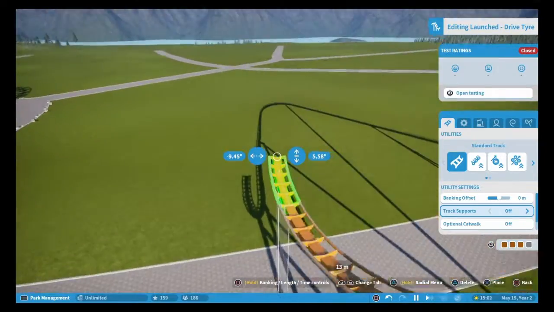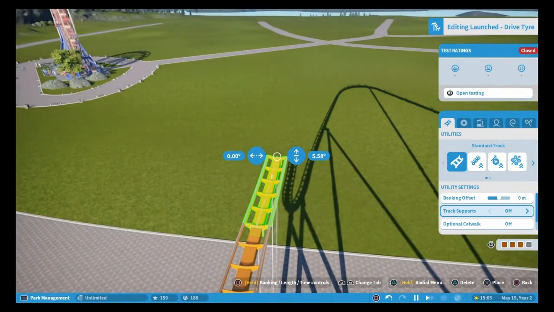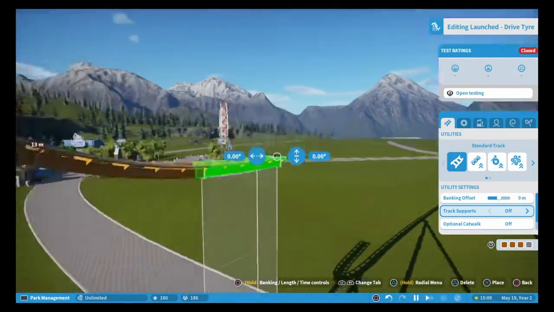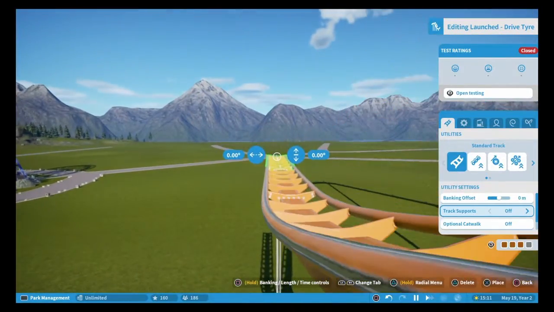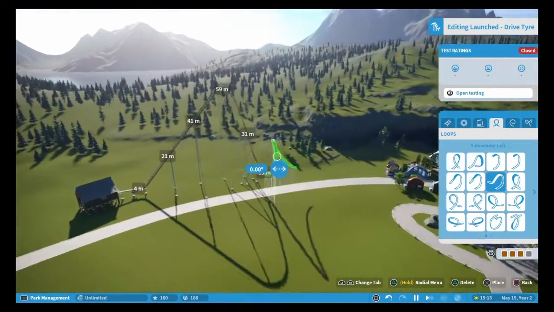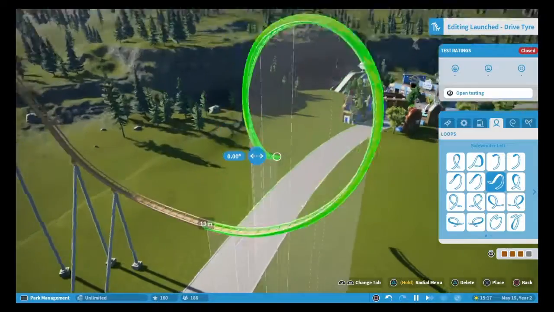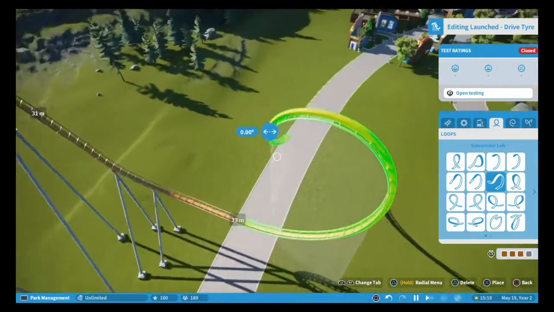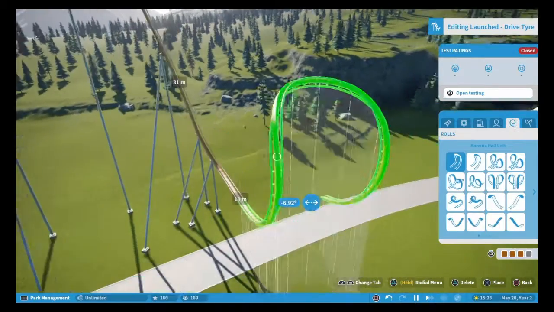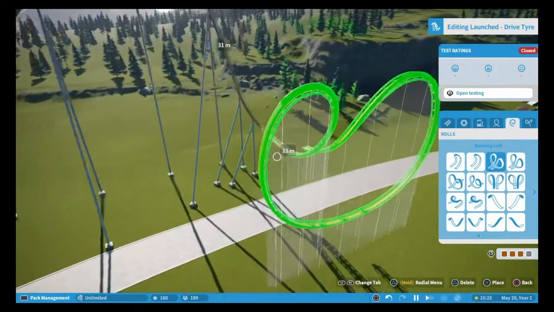This is going to lead into a pretty much straight track here. We don't want it going straight over the path. We want this to end off not being on the path. So something,